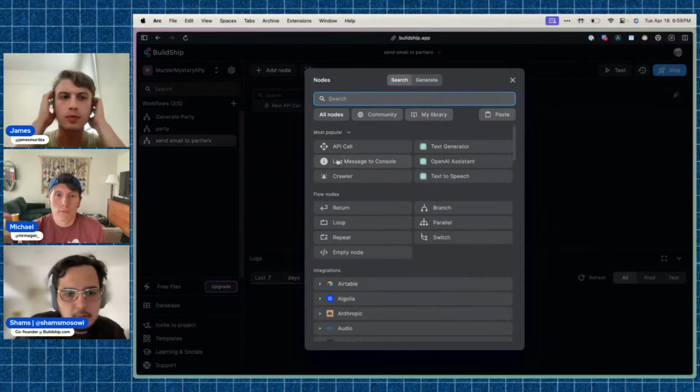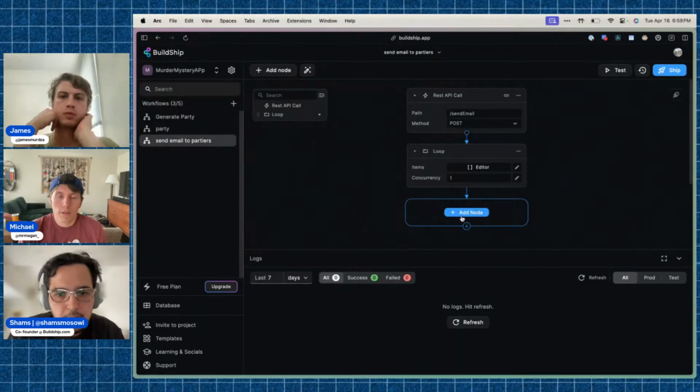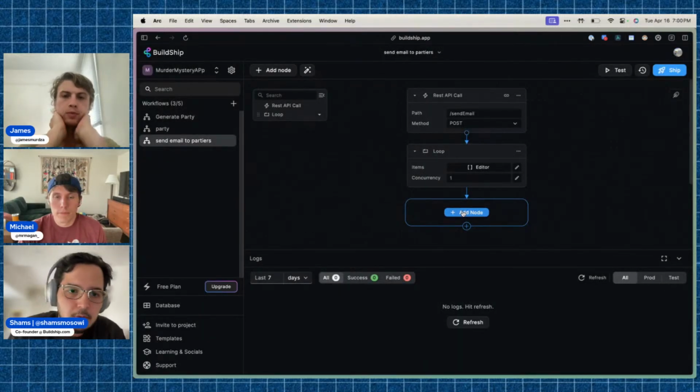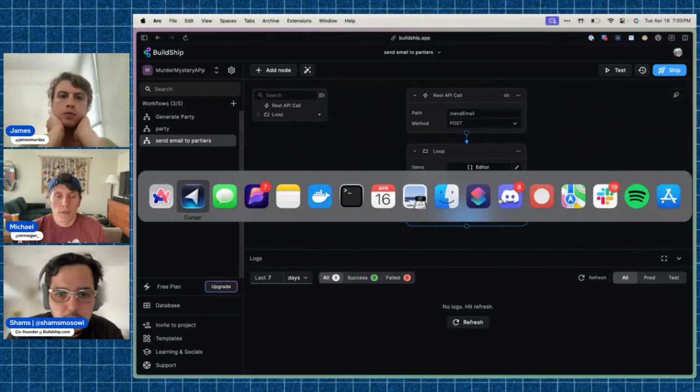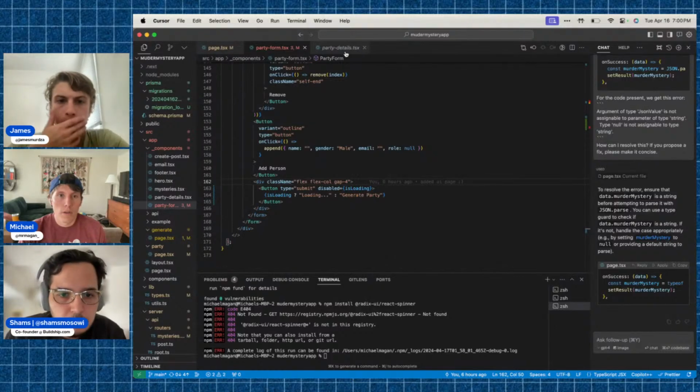So we're going to send a list of invites, right? Yeah. So if we do a loop, I think probably best if we start with the front end and see how we're going to send that data, and then we can deal with it on BuildShip. We can just log it, it logs already, but that's fine.